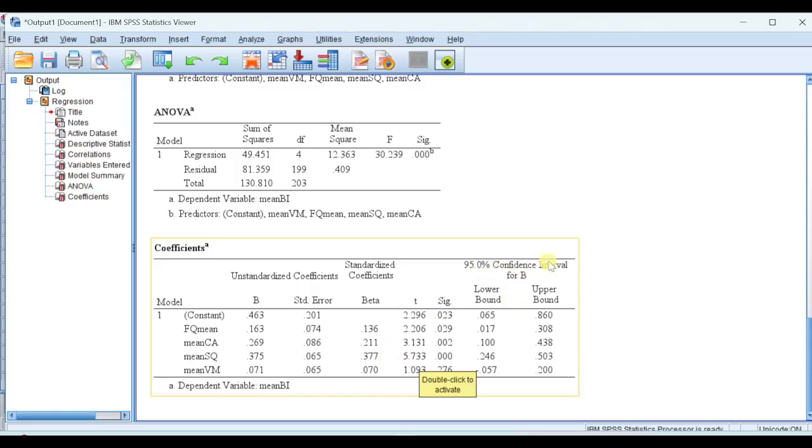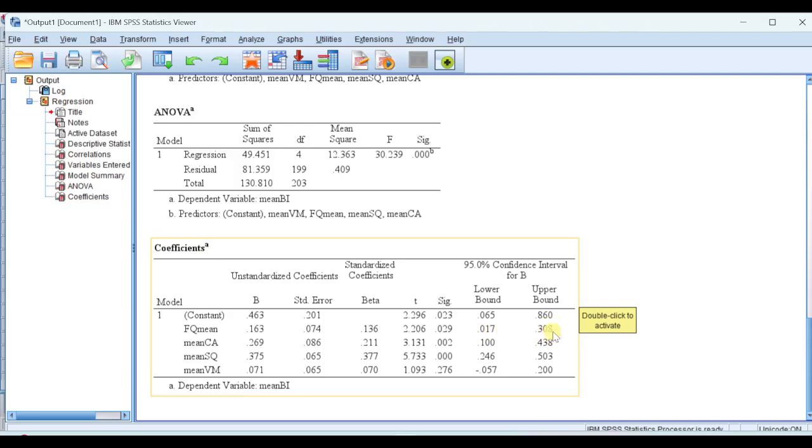Now what about the 95% confidence intervals, lower bound and upper bound? How do we interpret them? So we interpret them as this value 0.163 will have a 95% chance to lie in between the lower bound and upper bound, which is mentioned over here. That means the unstandardized coefficient of food quality will have a 95% chance of lying between the lower bound and the upper bound interval,